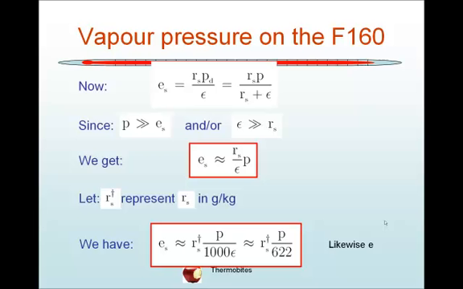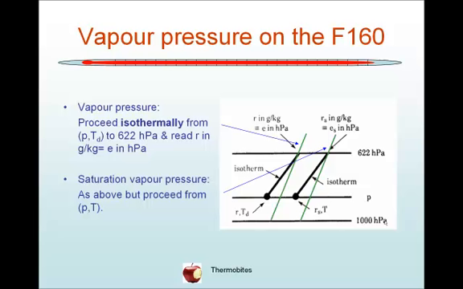And you can have the same expression for the vapor pressure, and it's just E is equal to R by P on 622. Now what this does is allows us to measure the vapor pressure on an F160 very easily. So take a